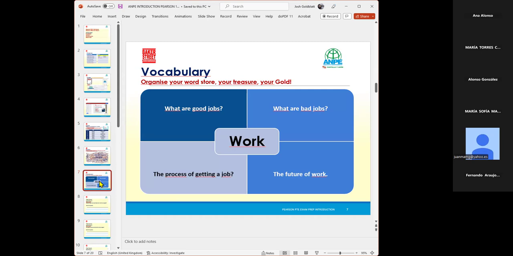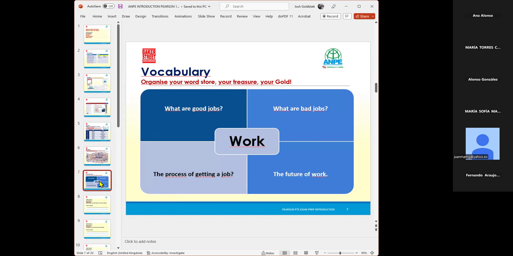Okay, speaking. So what we need to do, we need to build, we need to construct, we need to get all our English thoughts together and organize them. We need to organize them. We're just going to try one of the features here of Zoom to make sure it works out.